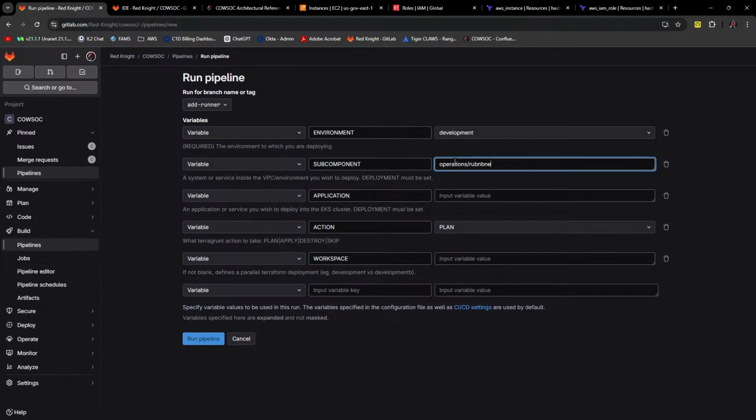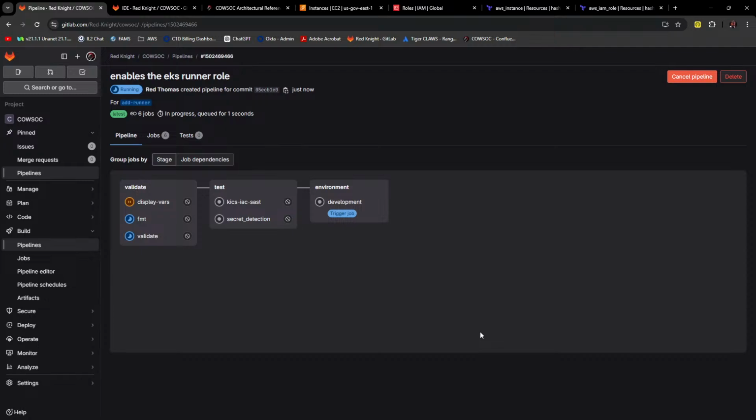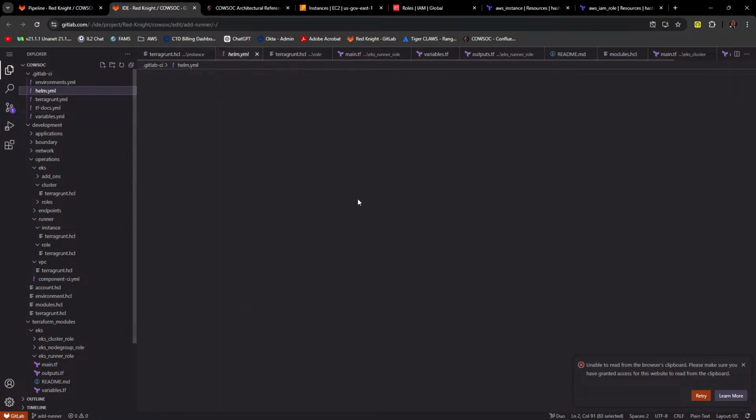And I'm just going to do runner this time because the only thing that hasn't deployed is the instance. So anyway, once we do that, we'll be in a situation where in this job for Helm, what